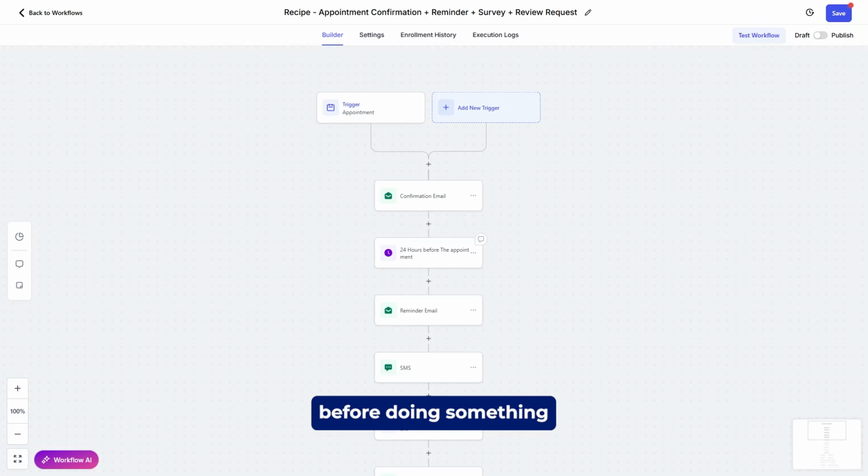This means that before doing something, HighLevel will either wait for a specific day and time, wait until a certain amount of time before an event starts, or wait for a specific amount of time, say 5 or 10 minutes. In this case, HighLevel will wait until 24 hours prior to the scheduled appointment time with the prospect before taking the next actions in the workflow. This means that HighLevel is going to send out both an email reminder and an SMS reminder the day before